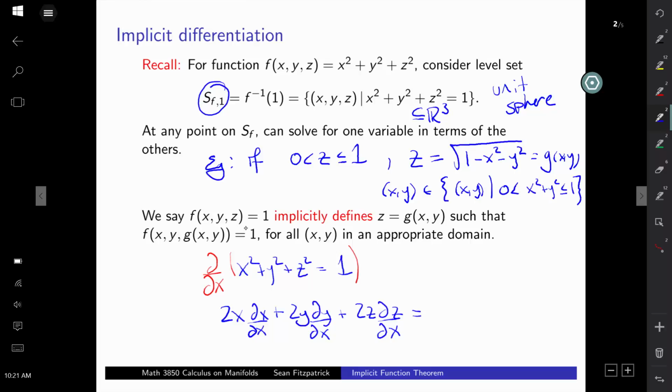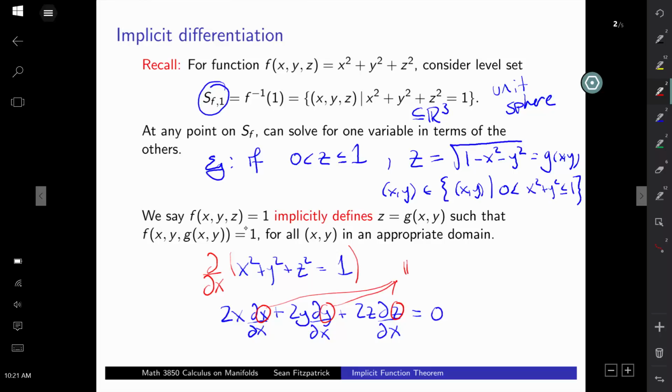And of course that should be equal to 0. One of the things you've got to be careful about when you're doing this implicit differentiation is a bit of a collision of notation, which can lead to incorrect assumptions. There are some logical fallacies you can make if you're not careful. So one of the things that can go wrong is, well, this x, this y, and this z,